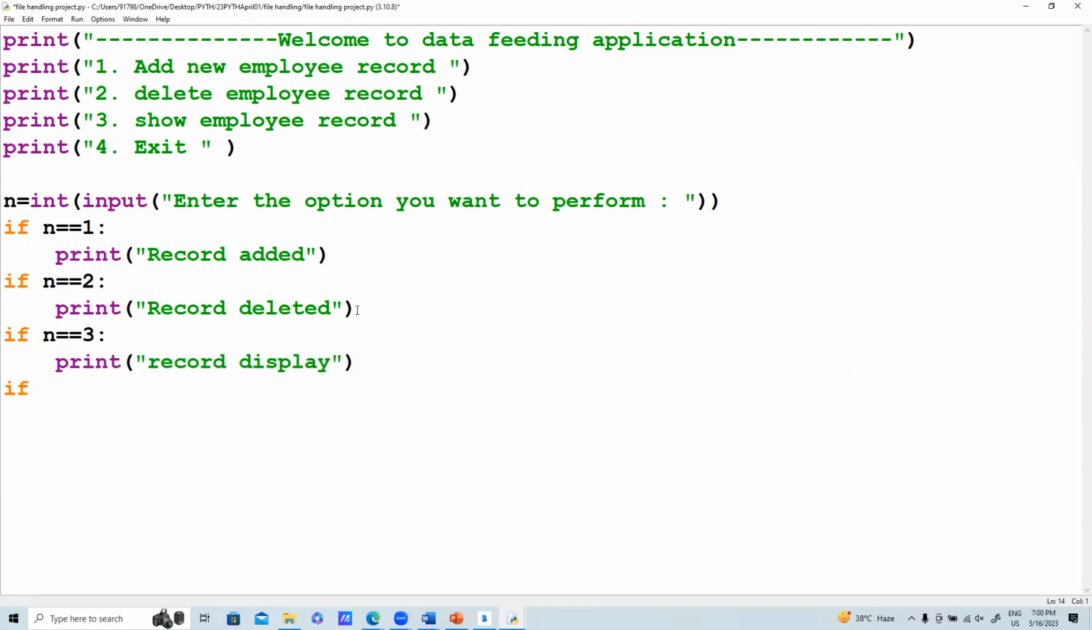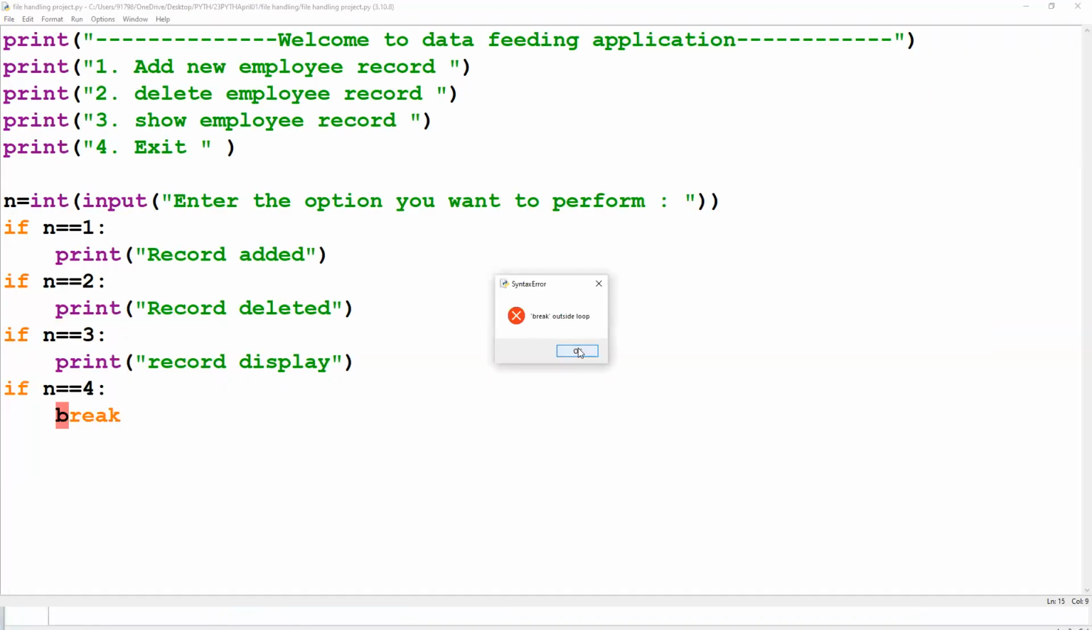Okay, and if n is equal to 4, what I want to do is just take a break from here. I want to go from there now. So let's see how it works actually. Run this code. So what we can do here,